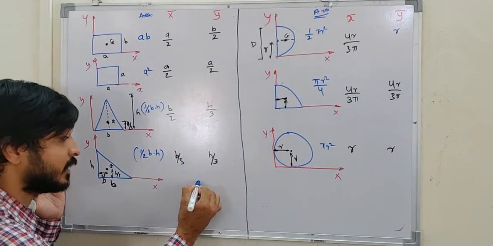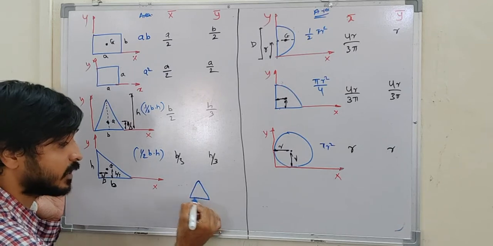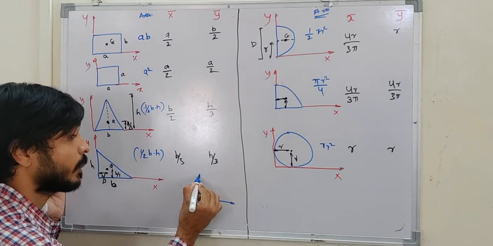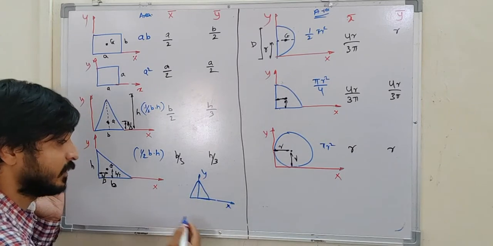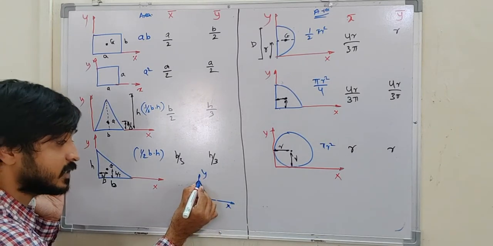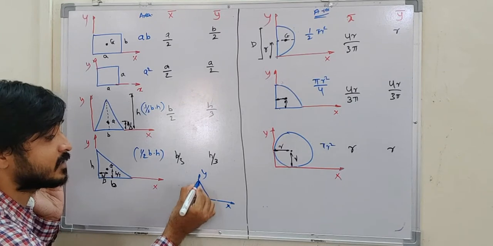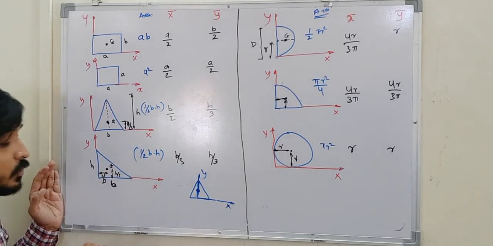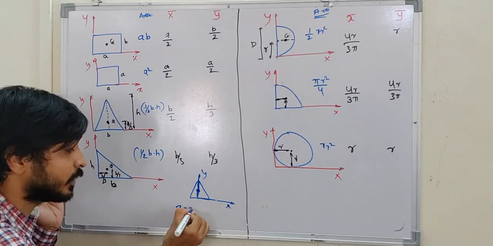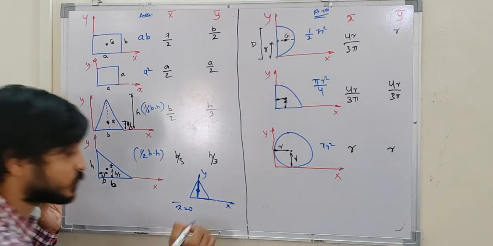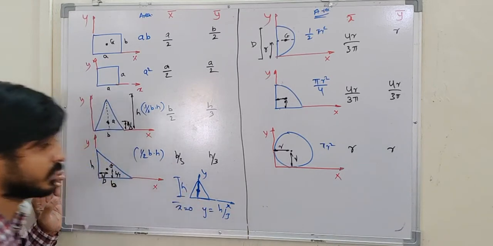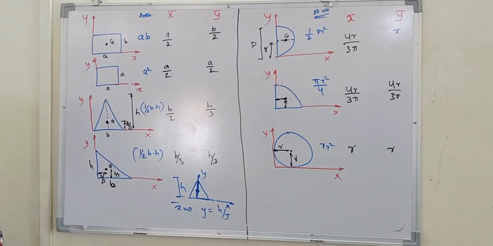Sometimes for this triangle, instead of giving the reference point here, they will give the reference point here. This they will call x and y. In this case, this is the reference point, this is the reference axis. On the reference axis only we get the G. Therefore x bar becomes 0 here, whereas y bar will be h by 3. Suppose this is height h. This will become h by 3. Okay. So